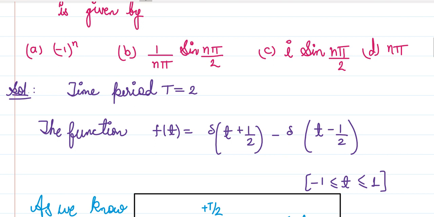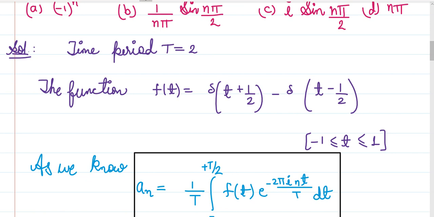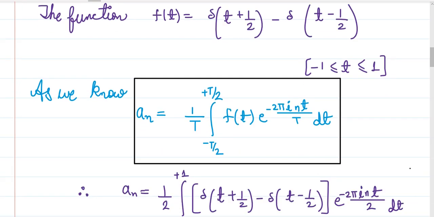If you are not getting it, you can ask in the comment section so that I can reply whenever I see it. Okay, and the time period of t here is minus 1 to plus 1. Now, as we know, what is a_n in the Fourier transformation? The a_n in the Fourier transformation is given by 1 upon T, integral from minus T by 2 to plus T by 2. Whatever the time period, you just take that half and integrate in that limit. f of t e to the power minus iota 2 pi n t upon T dt. Remember this is the value of a_n for the Fourier transformation.